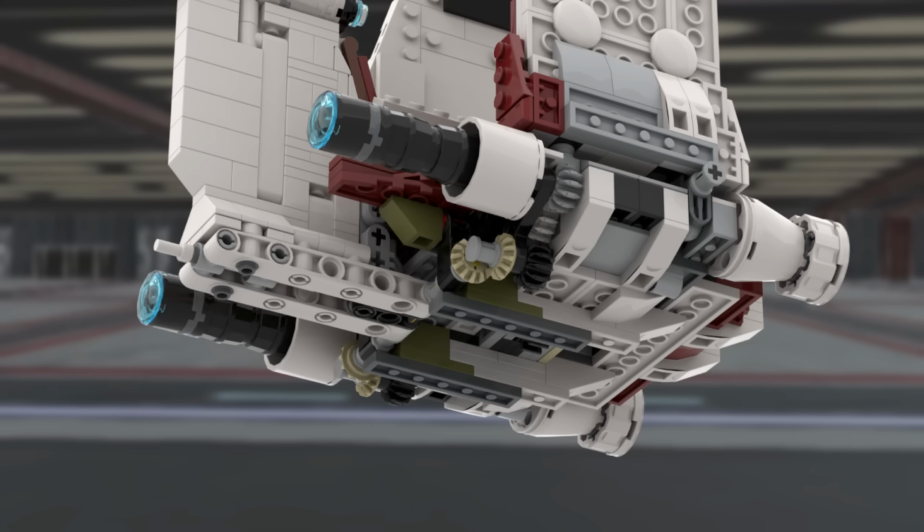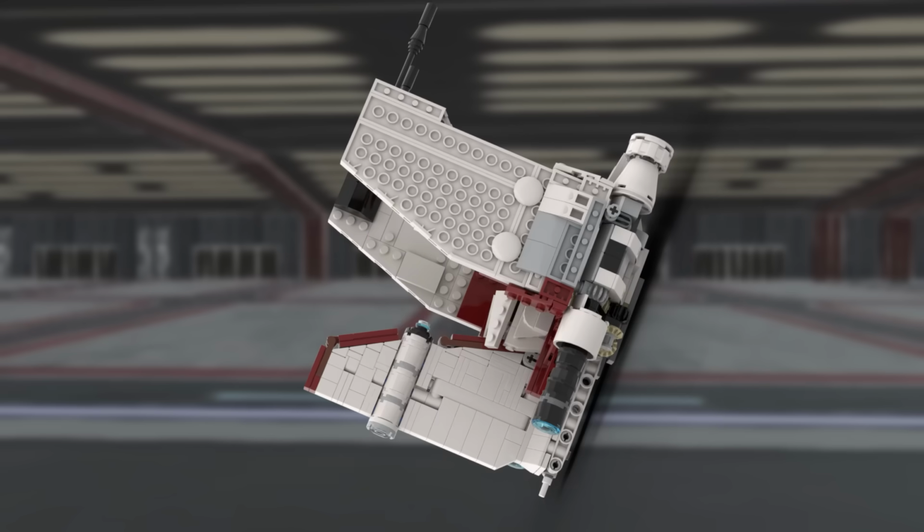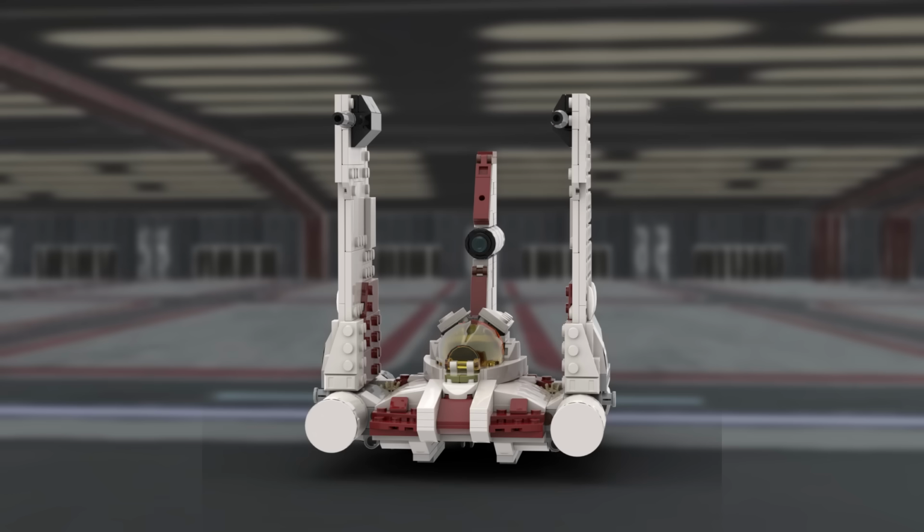Another thing that I added to the bottom was this landing track. While I would have liked to make something that functions as a hidden landing gear, there wasn't really enough room for this, and it would have required so many changes that it practically would have been its own separate LEGO MOC. This was also necessary because of two things. Firstly, I wanted to make sure that it wouldn't tip over. If you get this model and it still tips over, just move these back and it should be fine. The other thing is that the new gears I implemented would have touched the ground, so I wanted to add